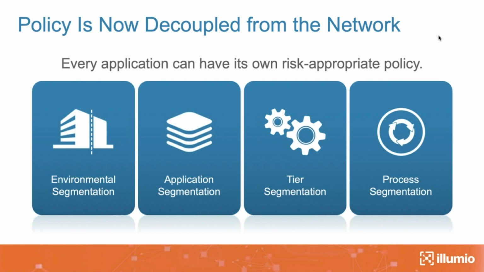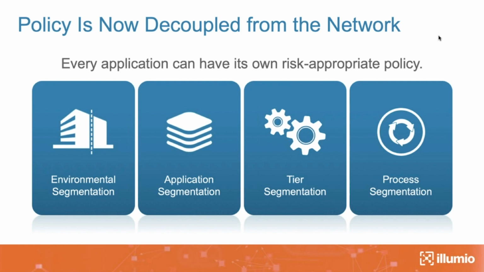Quick win, low-hanging fruit. Other times you might say, okay, I have this application, which is my asset management application. I want to make sure I take that entire application and ring fence it, or make sure that nothing goes in or nothing comes in or goes out unless I say so. At other times, you're actually going to do tier-based segmentation, where you might say, I actually have a 3-tier application, and I have my web tier, processing tier, and database. Rather than putting the entire application in a bubble, I'm actually going to take the tiers and say web can talk to processing, processing can talk to database, web cannot directly talk to database.